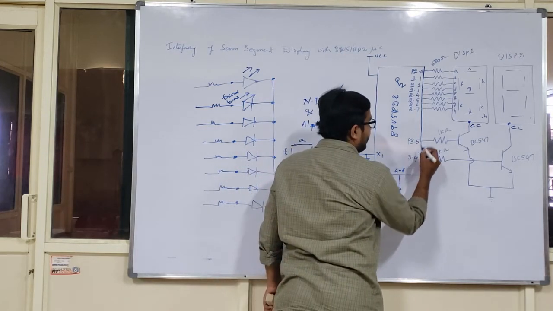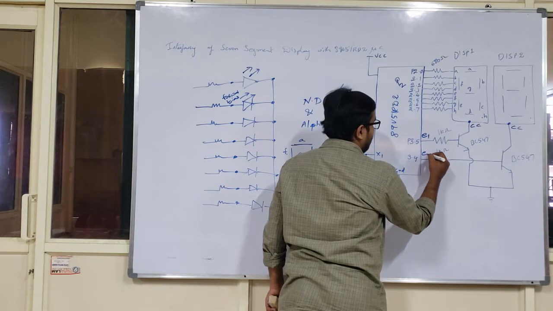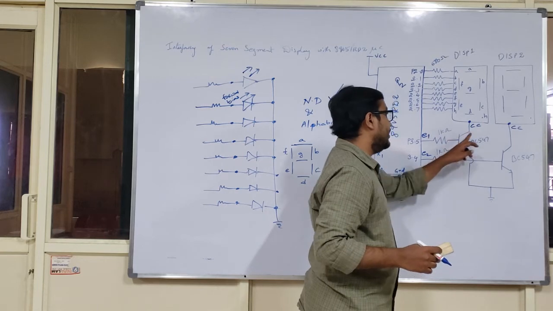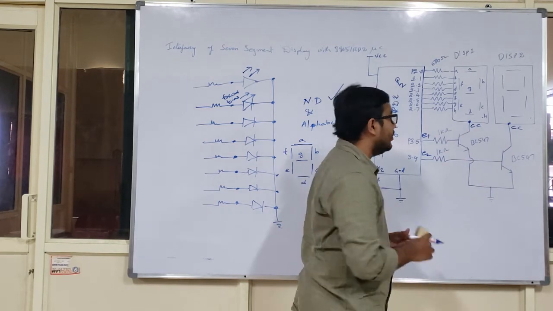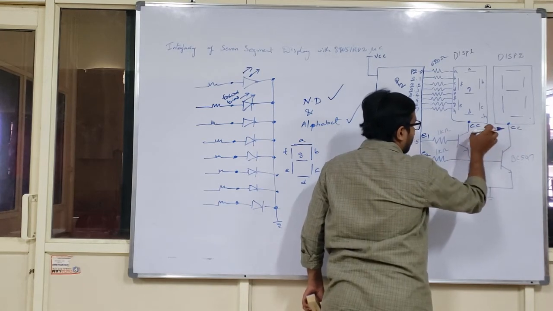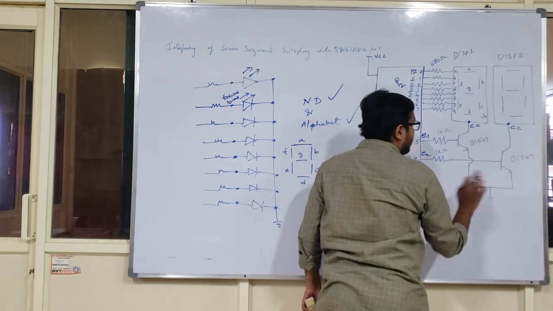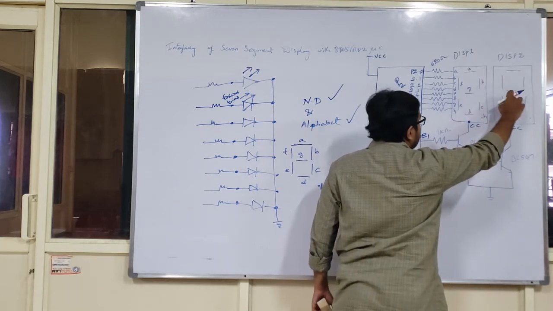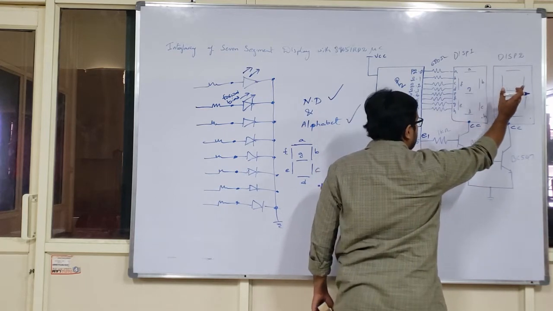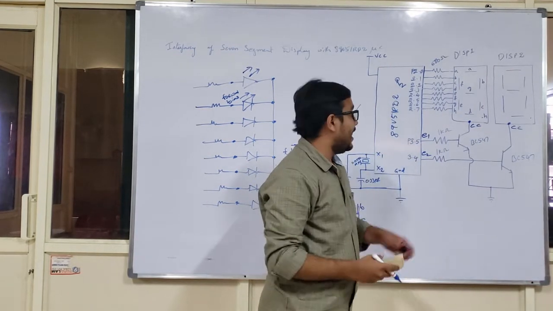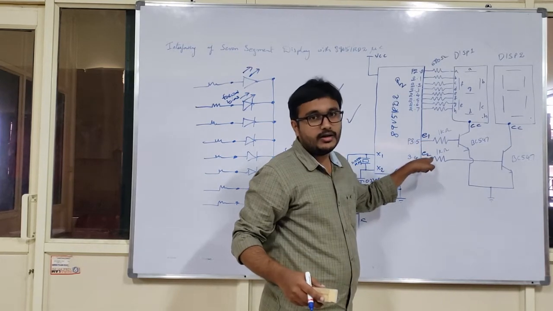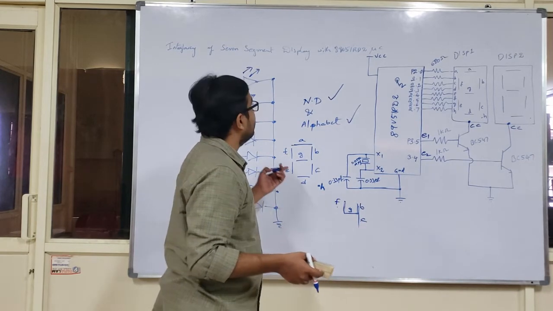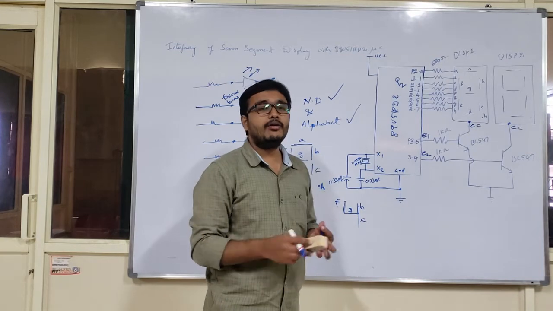So P3.5 and P3.4 are nothing but enable 1 and enable 2. When these are logic 1, the corresponding NPN transistor will be turned on, and the cathodes are connected to the ground. Whenever these cathodes are connected to the ground, 7-segment display 1 or 7-segment display 2 will come into action as soon as the enables are activated, that is, when they go to logic 1. So this is the theoretical description for the present experiment.